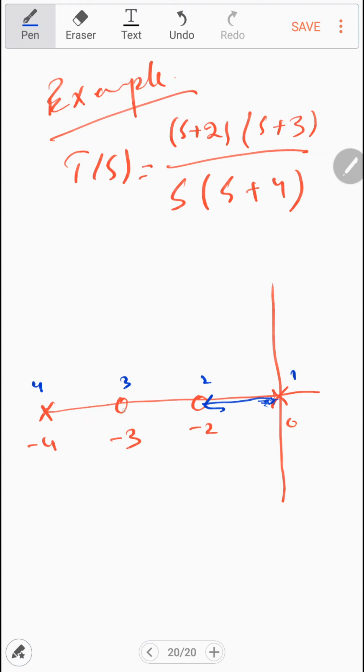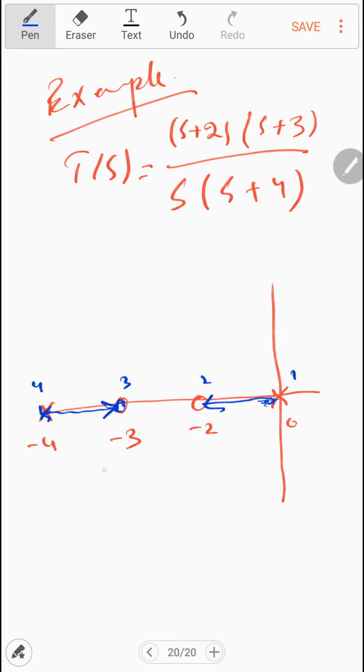Now again, another branch. So another branch, you see a zero is coming, but we said that the locus will start from the pole. So the pole is at number 4, this position. So at this position 4 is E1, and we say that the locus will exist to the right of the even number of the poles. So we say that the locus exists to the right of the even number of the poles, and then it will go, the end point will be 0. So it goes to the 0, and since the 0 is known, it is finished, so it will finish over this one also.